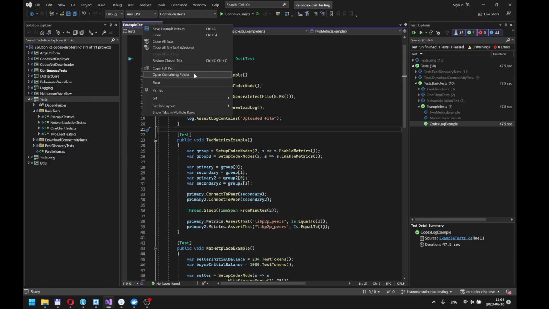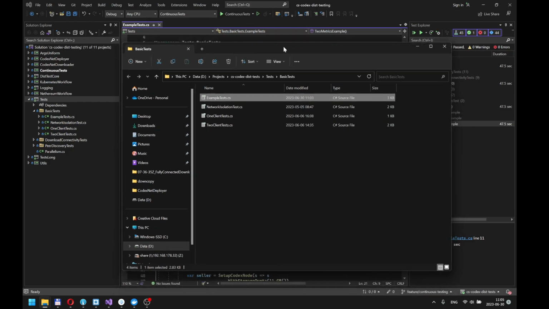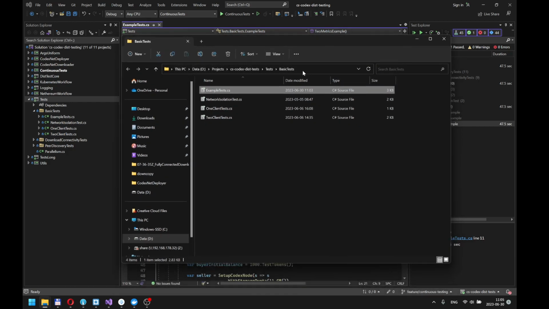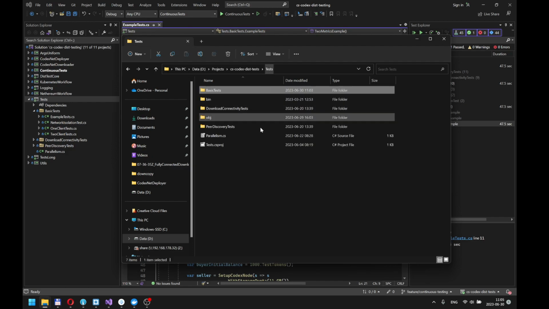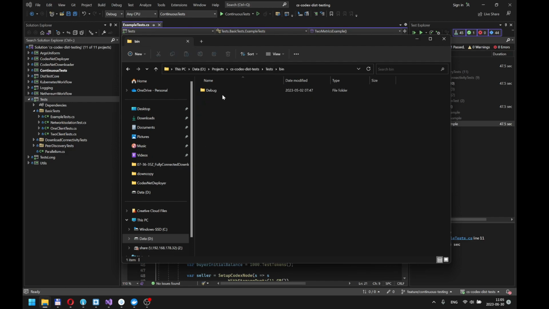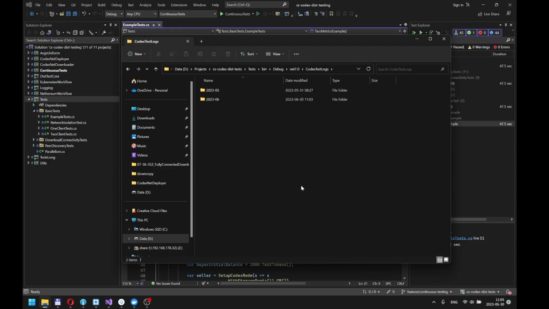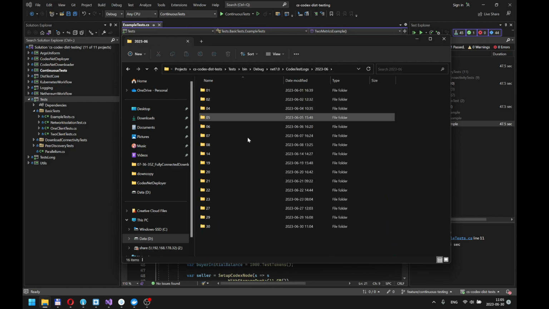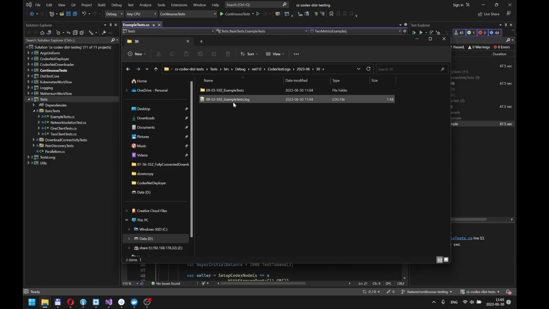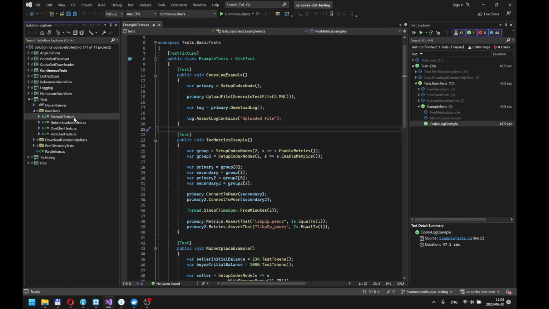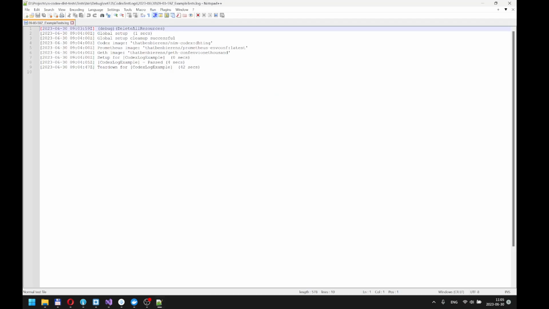So it'll be interesting to see what more output that we have. So we go to the place where the tests were started from. That should be in here. And there should be a logs folder. These are organized by date and time. So today is the 06/30. And you can see there is an example tests log because I ran something from the example tests file, which will tell us